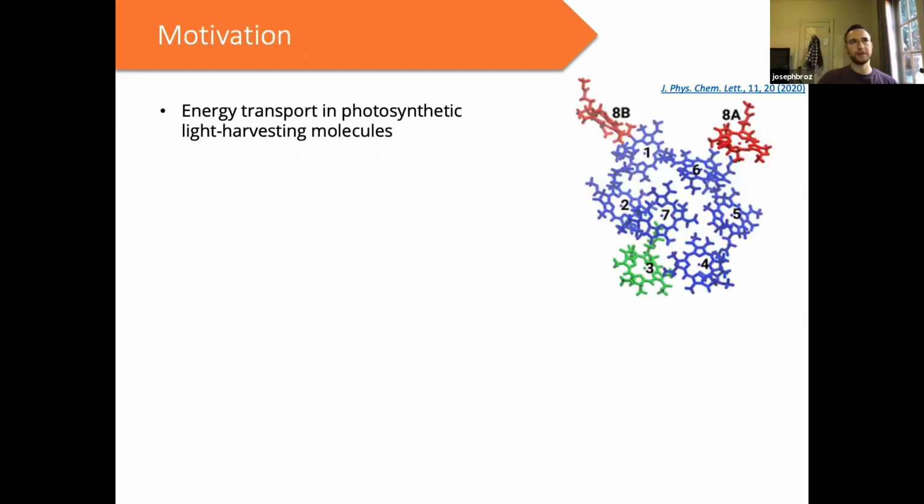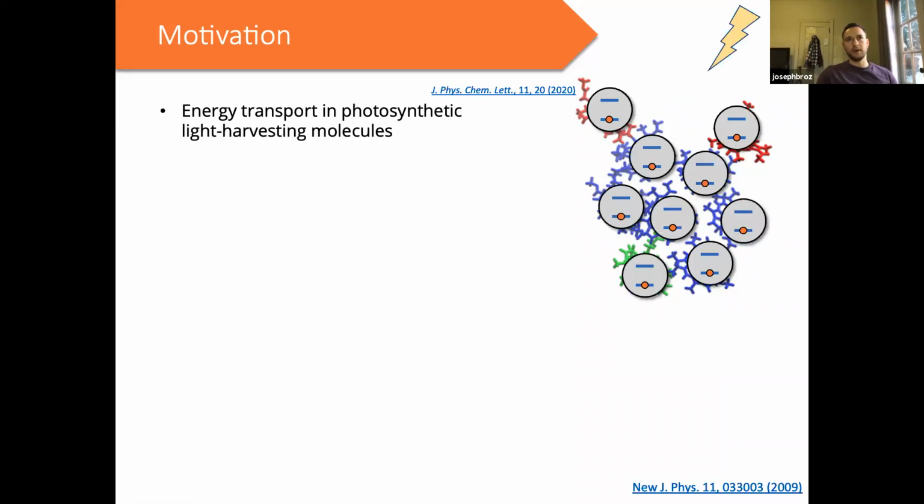So what's the motivation for this? There's actually a lot of motivation, but I'm just going to hone in on this one, and it's energy transport in photosynthetic light harvesting molecules. Here's a picture of something called an FMO complex, which is involved in photosynthesis in a lot of organisms. To give you a cartoon picture, which I don't think turned out so well, if this is a photon, it's incident somewhere on this thing, and it excites the internal